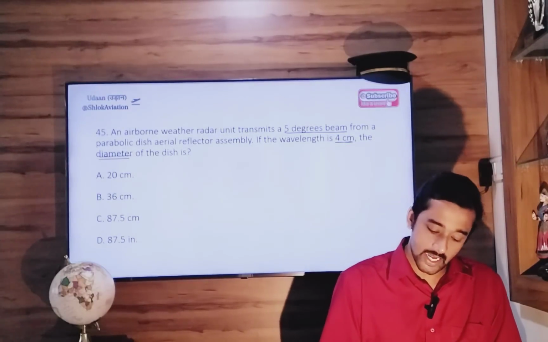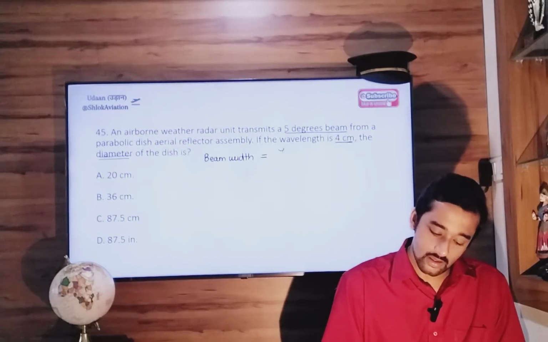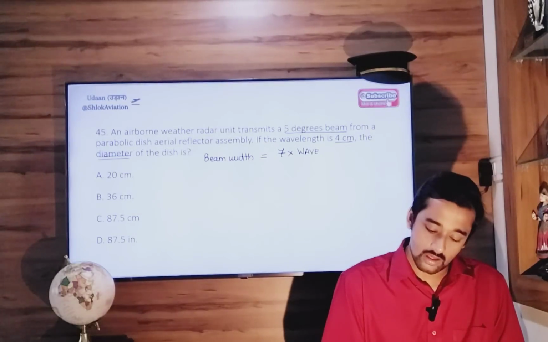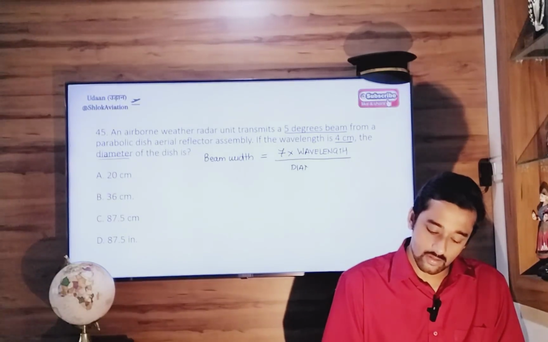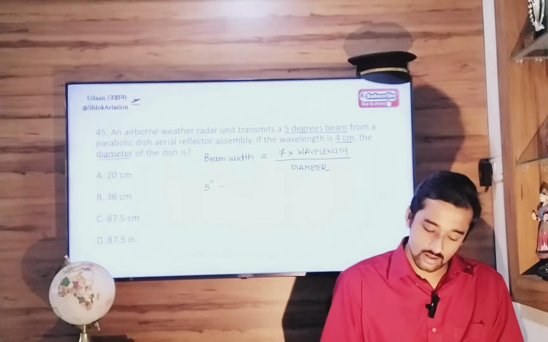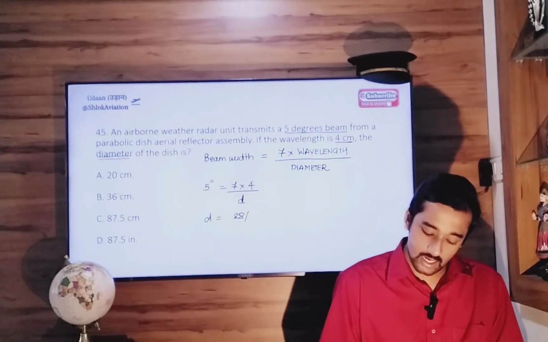Now you have to use a direct formula which says beam width equals 7 into wavelength divided by antenna diameter. Let's substitute the values. Beam width is 5 degree, wavelength is 4 centimeter, so diameter will be 28 by 5,